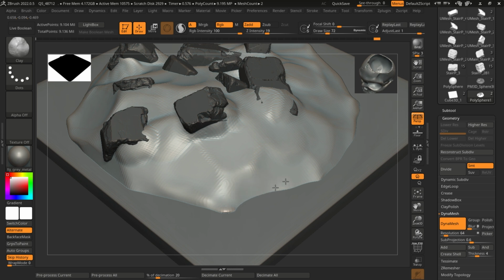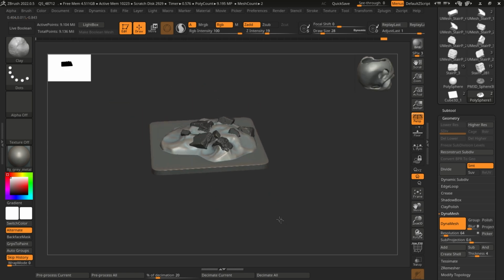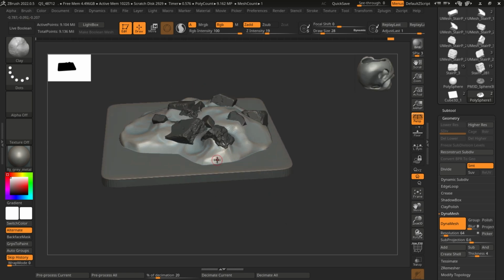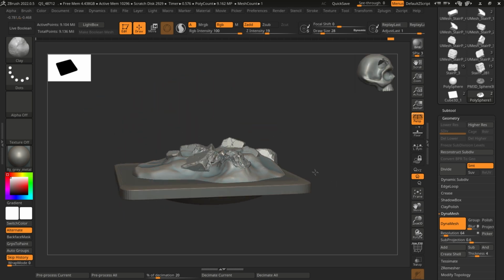So you can just push it a bit more and try to add some smaller detail into it. But yeah, the point is just to get a shape that feels right and feels like a mound. And once you are done with that, let's remove masking and